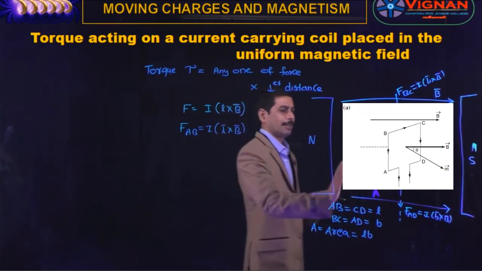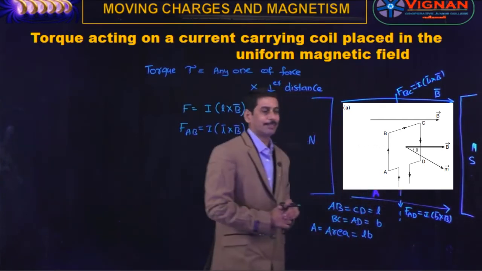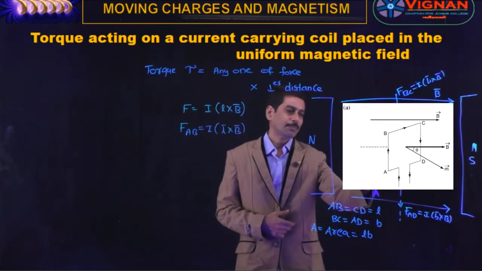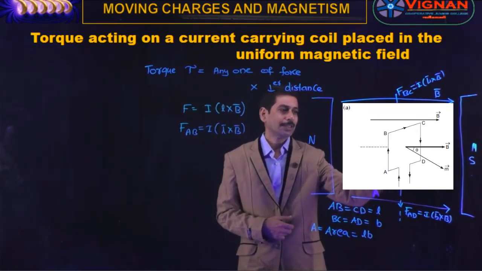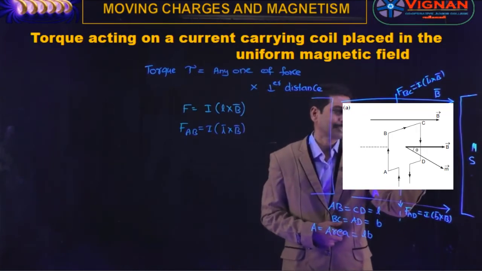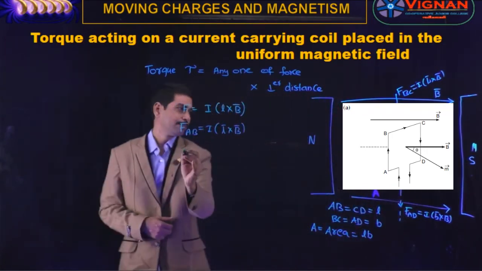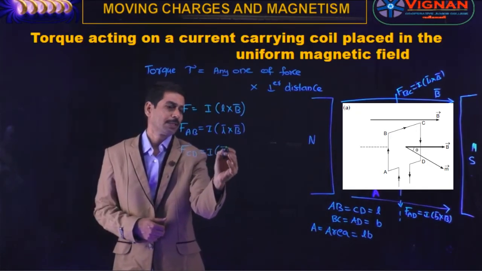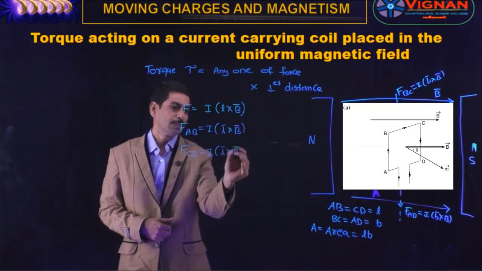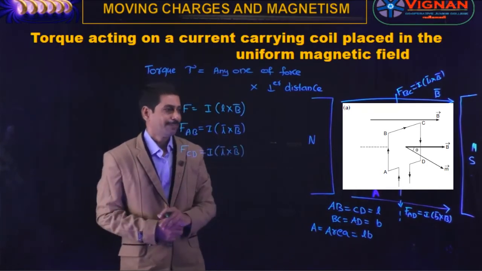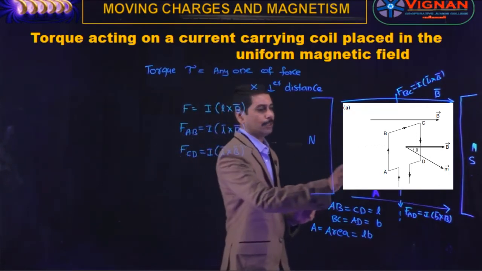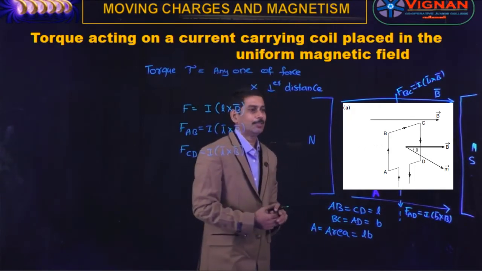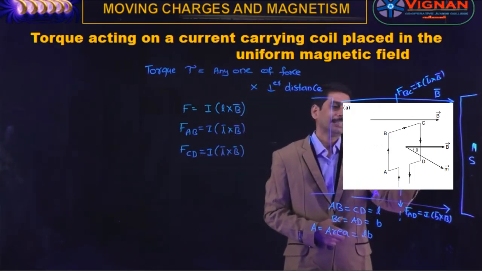The force on AB as well as the force acting on CD both are acting perpendicular to the direction of the magnetic field, but the force at the point P is acting outwards whereas the force at the midpoint Q is acting inwards. So now let us find F_CD. This is nothing but I into L bar cross B bar because CD is also equivalent to L. So F_AB is the force which is acting at the midpoint, that is P, vertically outwards, whereas the force due to CD is acting at the midpoint but inwards.